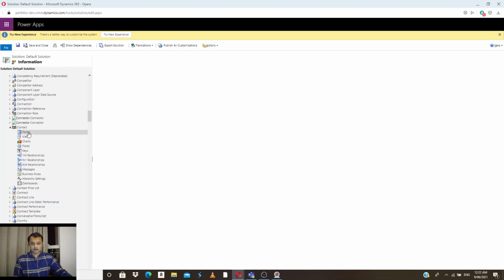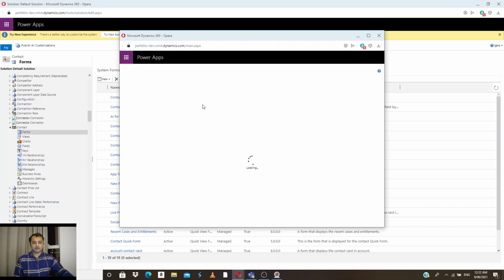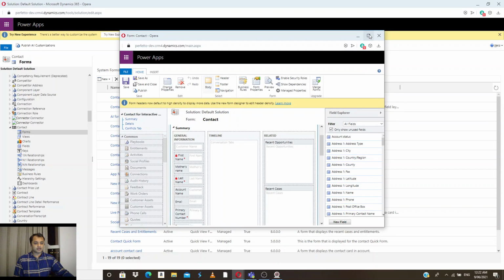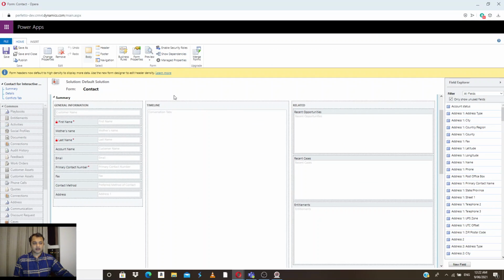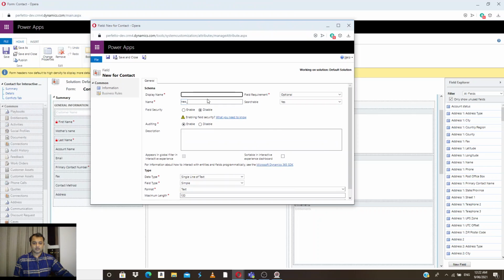Now I go to the particular form that I want to modify. So I'll go with the interactive experience form, and here I'll add a new field. So the new field would be birth